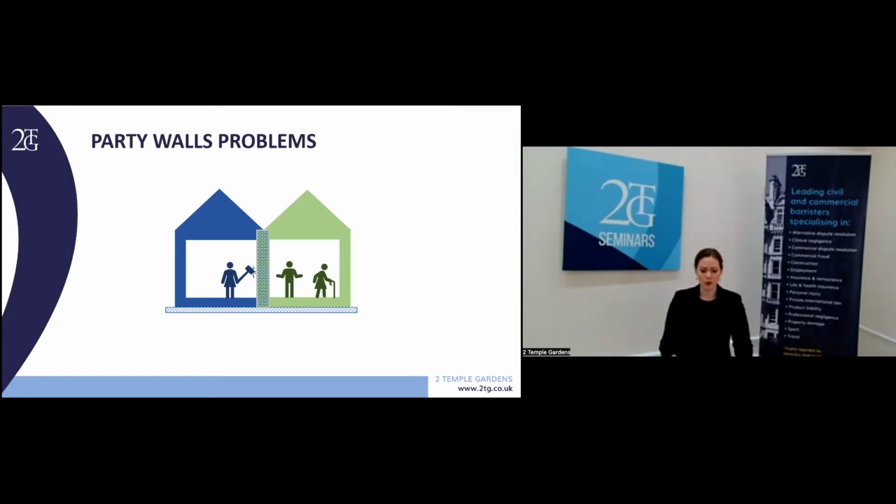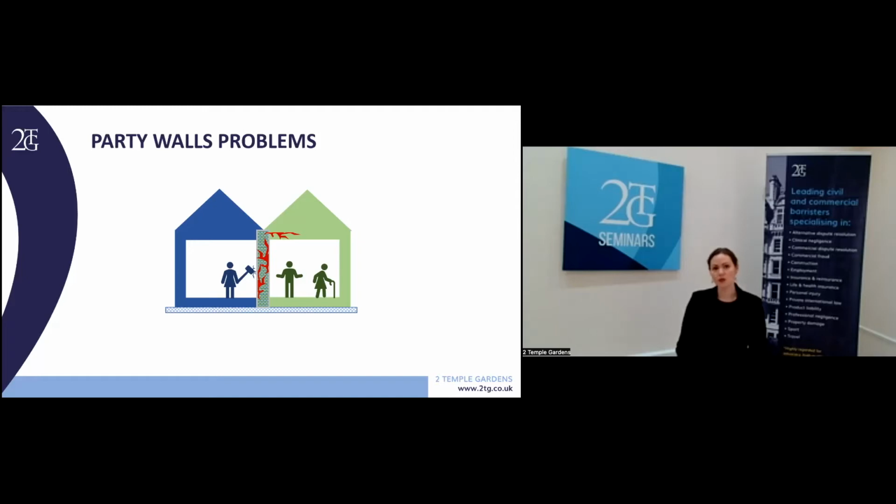Similarly, under the common law, if Anita's work damages Bob's property, for example, it causes cracks to appear in the walls, then his only remedy is recourse to the courts, which, as we all know, can be expensive, time-consuming, and rather more acrimonious than you'd like when you live next door to the other party. It's in situations like this that the Party Walls Act was designed to resolve. As I've said, Parliament has created in the Act a self-contained system of rules which carve out an exception to the usual common law laws on land.